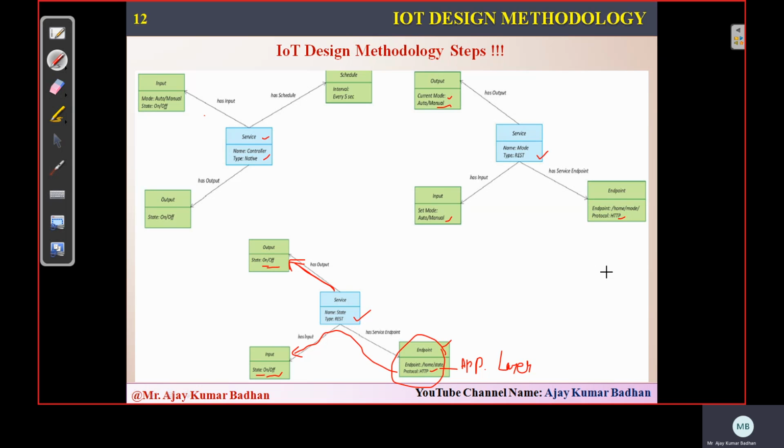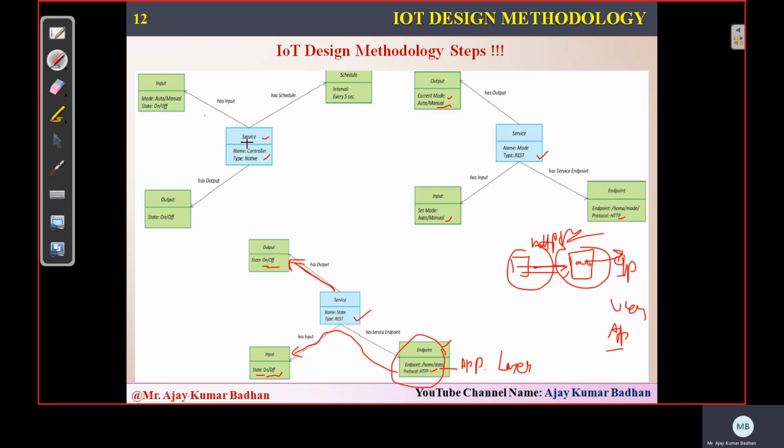So using HTTP only, we can communicate with different devices. Okay, I hope it's very clear here. So these devices will be communicating using the HTTP protocol. You should have an internet connection, then only we can perform this. The devices will send the information on whether it is in auto mode, and that auto mode will be provided as the output to the user application within a smartphone. The user application in a smartphone will display it.